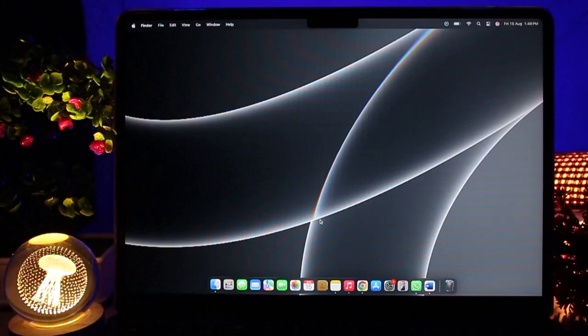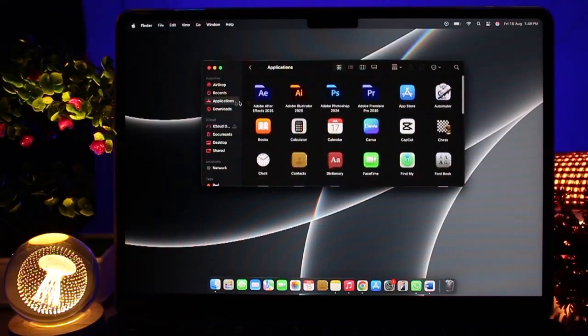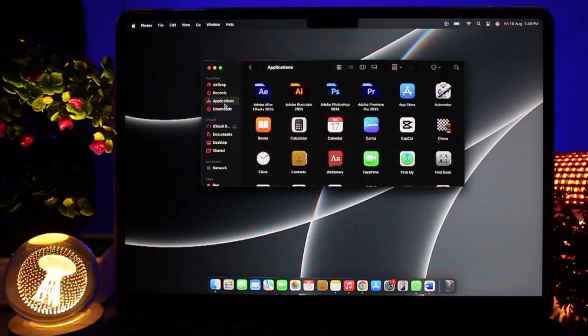Now explore Finder to manage your files and folders. The Finder is this logo over here at the bottom of your page, the icon like this, and it will show everything like this. Open system settings to customize things like dock, wallpapers, notifications and accessibility options to make your